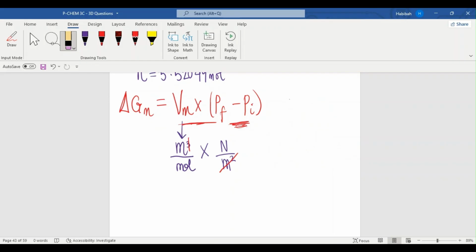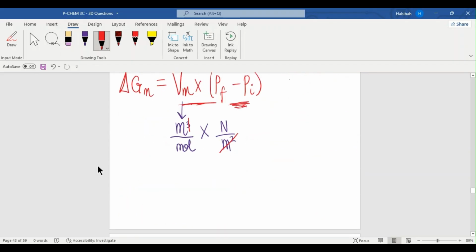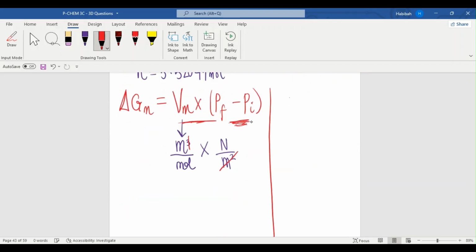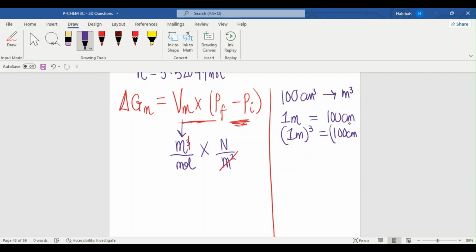Now, let's go back to the volume that we're given. 100 centimeter cube. Let me just do it on the side here. 100 centimeter cube, right? In meter cube is going to be what? Well, let's not forget that 1 meter is the same thing as 100 centimeter. Then 1 meter cubed is the same thing as 100 centimeter cubed. 1 times 1 times 1 is 1. Meter times meter times meter is meter cubed. I'm writing the fundamental information. 100 times 100 times 100 is just simply